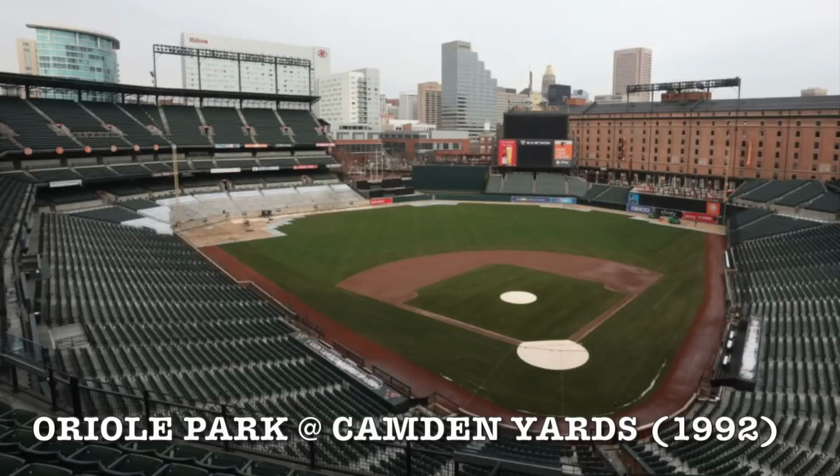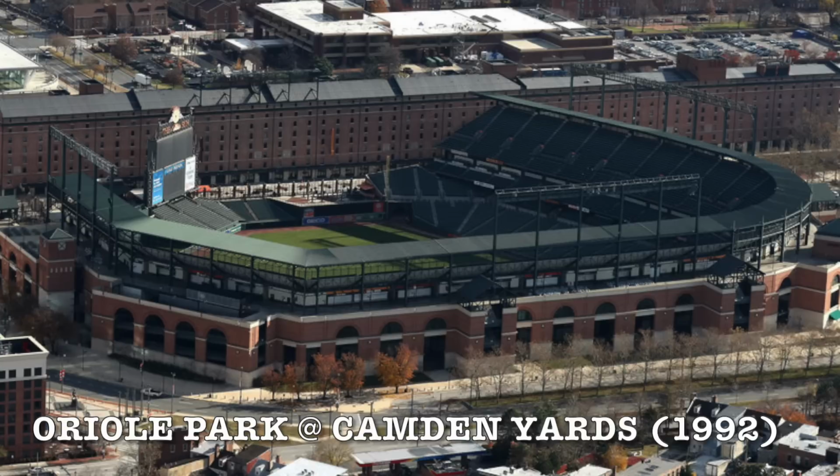But if you move the fence up as well, like you raise it, it just seems like it's impossible to hit a home run as a right-handed hitter to left field. It seems insanely hard, like they made it too hard almost. They were trying to balance the park, and maybe they did. I just kind of have always viewed Oriole Park at Camden Yards as more of a hitter's park, but overall, the